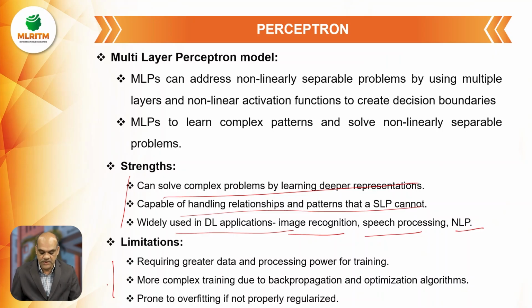When we come to the limitations, it requires a large amount of data. Only when the data is large can we use a multi-layer perceptron, because more processing power is required, more computational power is required, more data is required. Whenever we have a small amount of data, this MLP may not perform efficiently. So when we have a large amount of data, and the hardware capacity to process the data in a very fast manner,